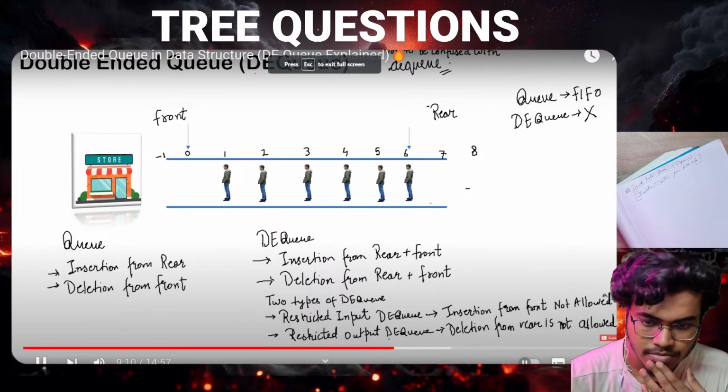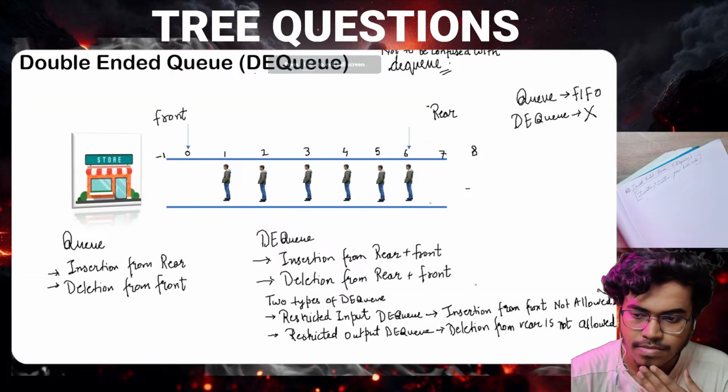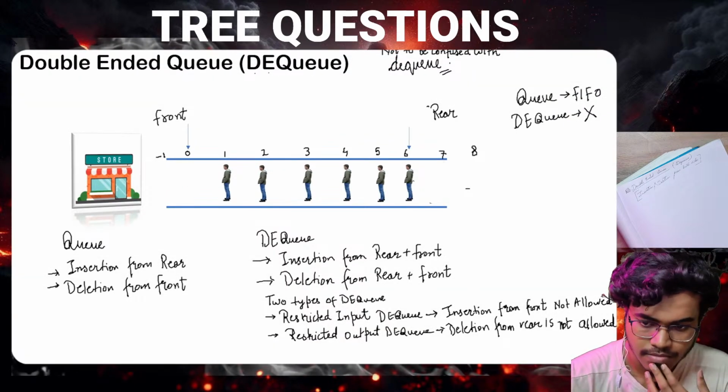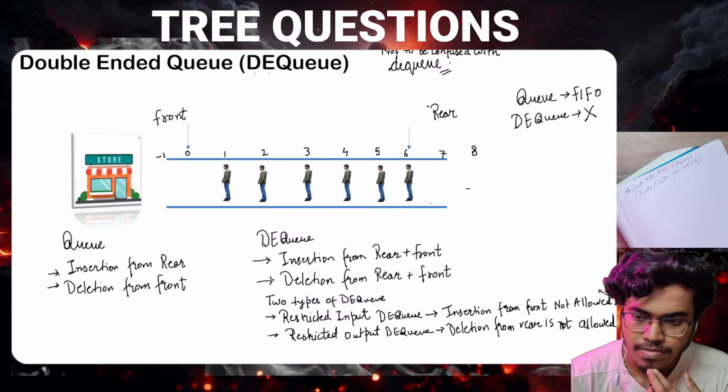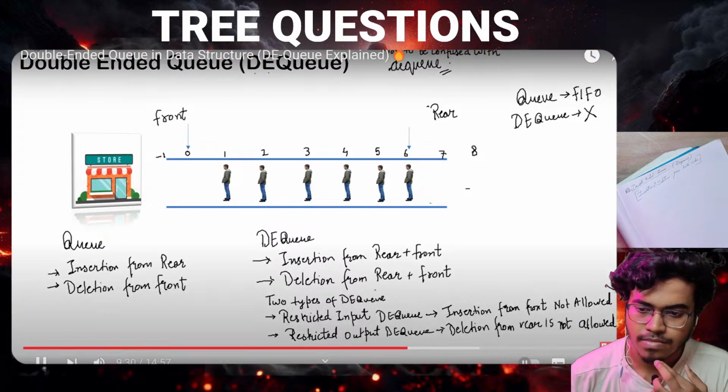तो डिलीशन फ्रॉम रेयर अलाउड नहीं होता है, किसमें रिस्ट्रिक्टेड आउटपुट या आउटपुट रिस्ट्रिक्टेड डीईक्यू भी बोलते हैं इसको। तो रिस्ट्रिक्टेड आउटपुट डीईक्यू में कि आउटपुट जो है वो रिस्ट्रिक्टेड है, इसका मतलब क्या हुआ कि आप डिलीट नहीं कर सकते पीछे से। ऐसा नहीं कोई इंसान आया और उसको पहले सर्व कर दिया जाए पीछे से, नहीं, आगे जो होगा उसको सर्व किया जाएगा, लेकिन कोई आगे लग सकता है, ठीक है। तो ऐसा आप समझ लो, अगर जगह है तो आगे आके लग सकता है।